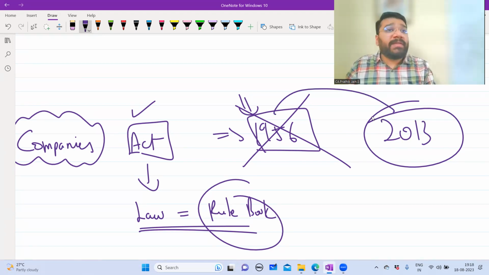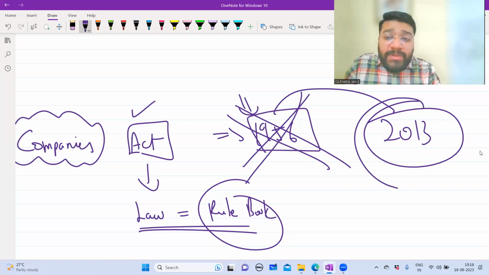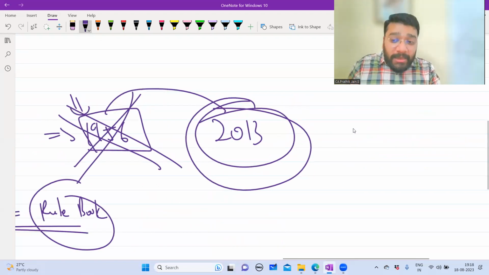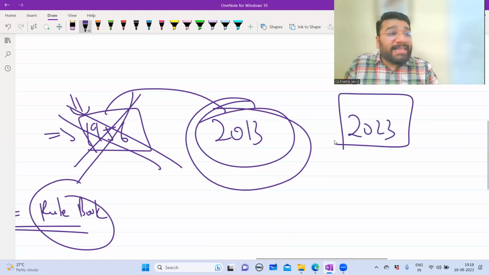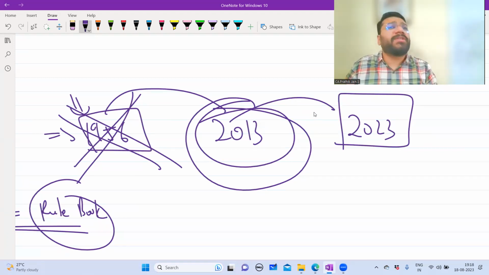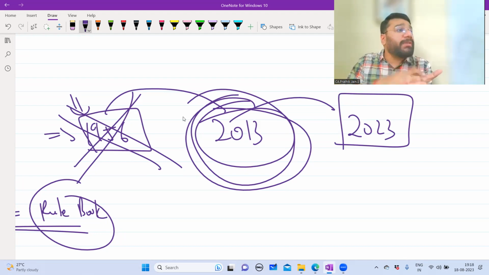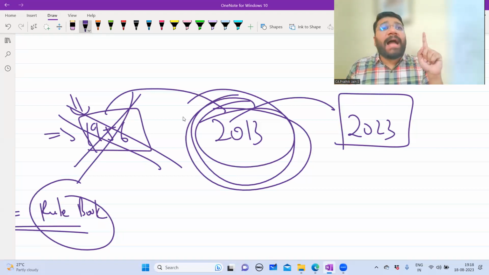Yes, after 1956, every year there were constantly changes, but those changes were not sufficient. That's why they had to cancel the whole old law and create an absolutely new law. And from 2013 till now, we are in 2023, it's been exactly 10 years. Since then, there's been a humongous change in the company law. Every year there is a change. Complexity has increased. But why do we still refer to this as 2013? Because this major law was laid down in the year 2013. The major revamp was done in 2013, and till now, it is only updates that have been happening. So today, the Companies Act rule book that you'll follow will be the Companies Act 2013.